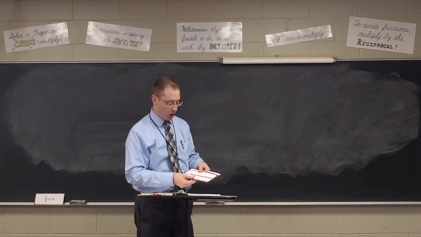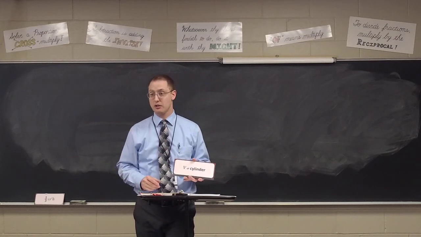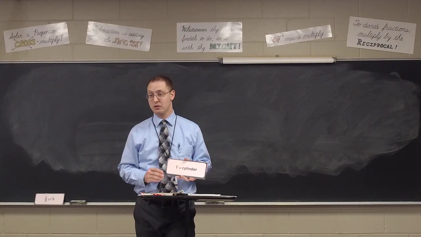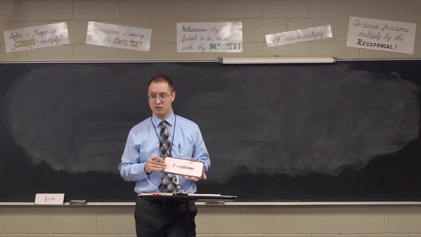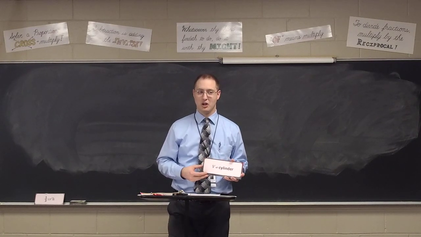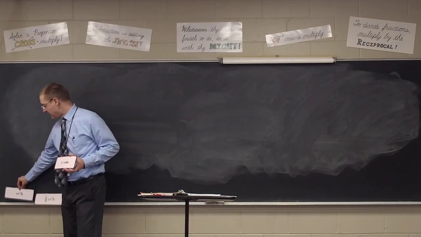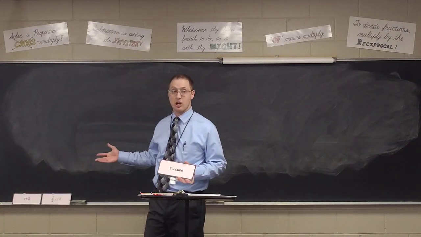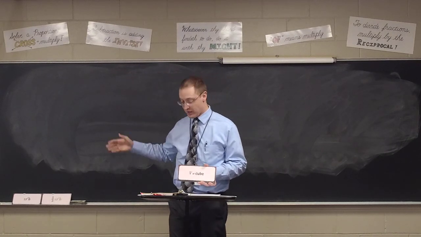Now, I actually remember the cone by first remembering the cylinder. What's the volume of a cylinder, Josh? Picture a cylinder. Picture a can of beans. Pi r squared h. Remember, volume in general is base times height. The base of the cylinder is a circle, pi r squared, times height h. So I remember the cylinder that way. I remember a cone, because it comes to that point, is 1/3 of a cylinder.